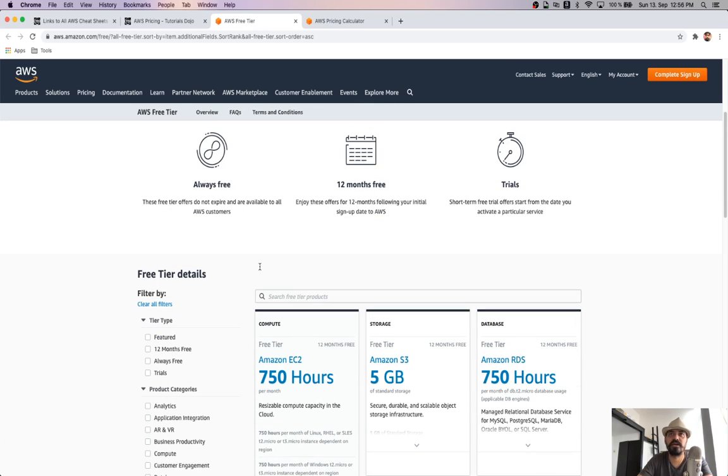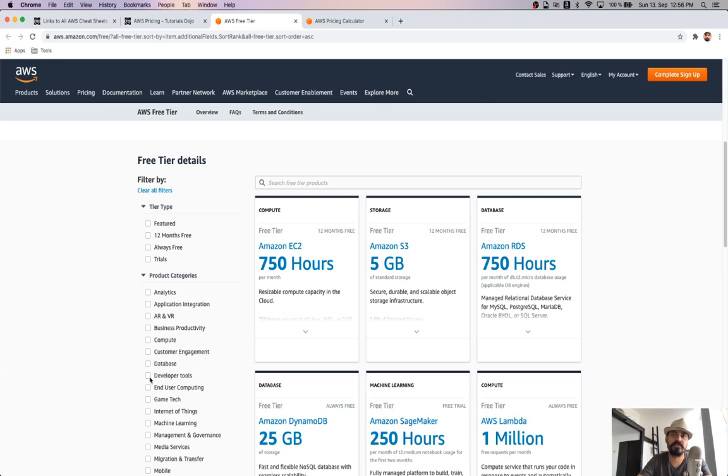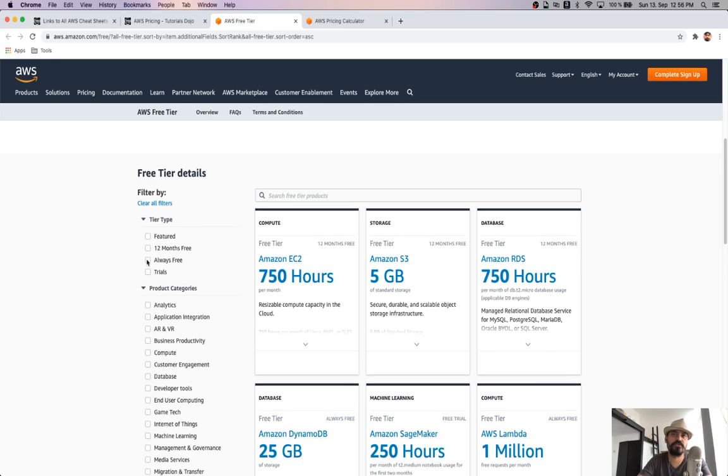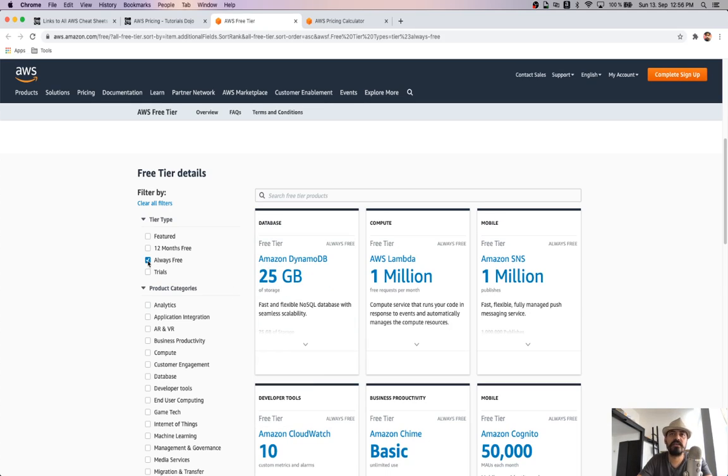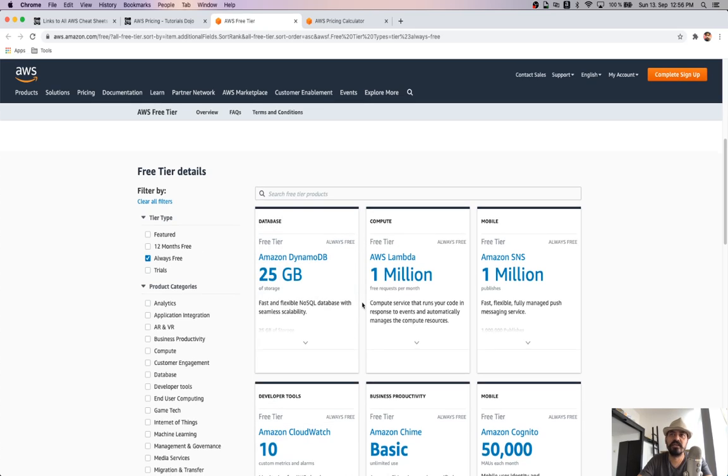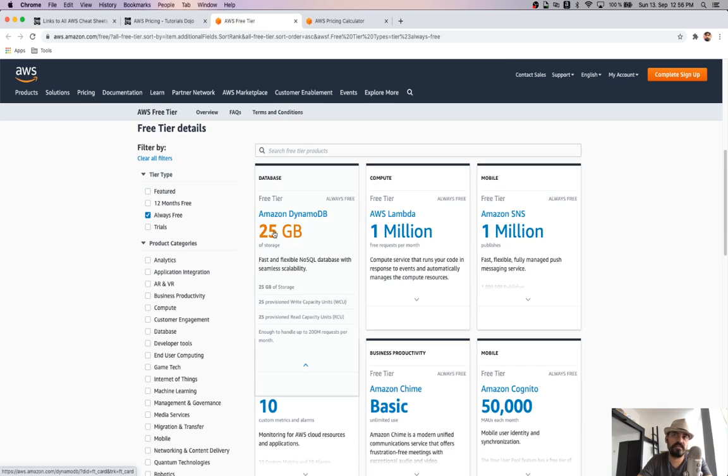Okay, you can select if you have any choice, like if you want to run a specific workload. If you just want to run a WordPress for free, then you just go and tick WordPress. If you have an Apache or Linux instance you want to run, you can select that, and then you have 750 hours and something, and you can use it. Or if you just want to run your WordPress application, just go with Elastic Beanstalk and check the Elastic Beanstalk, and then it would be good. And you can select which services are always free, like DynamoDB and others, up to 25 gigs of data or something like that.